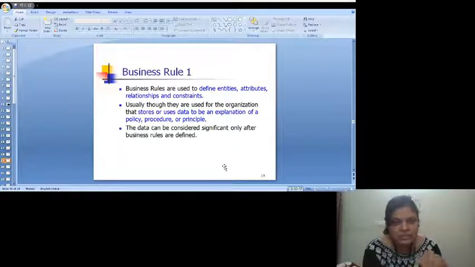Where do the relationships, entities and attributes come from? They only and only come from the business rules. Business rules are specified by the client who is seeking the new information system for his or her convenience. They are developed by the developer.